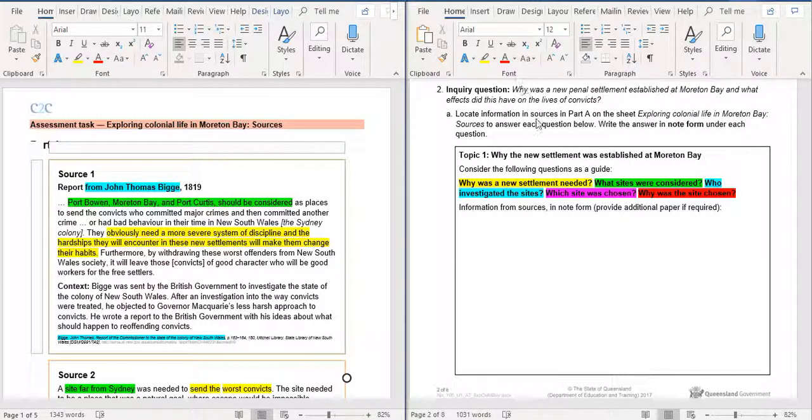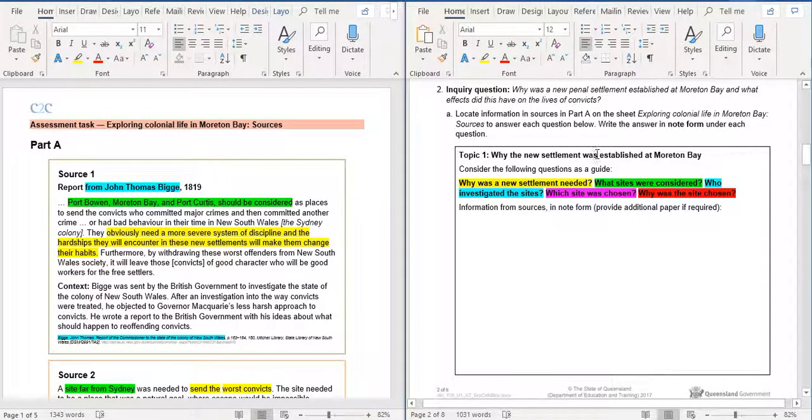The part that we are finding is why the new settlement was established at Moreton Bay. That's the question we're trying to answer. We had these subheadings, our sub-questions, so we're going to have a look at that now. I'm going to follow my yellow highlighter, because that shows why a new settlement was needed. I'm just jotting points, because we don't need to write in sentences, we can just take